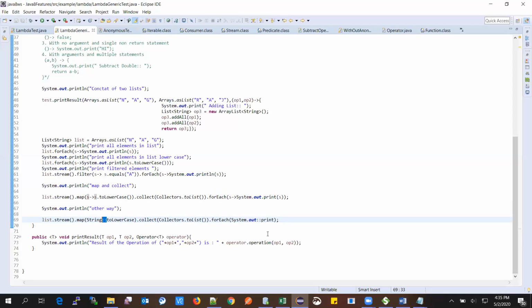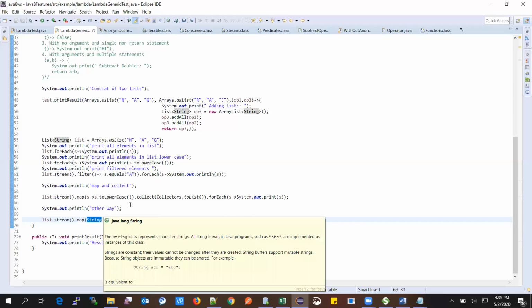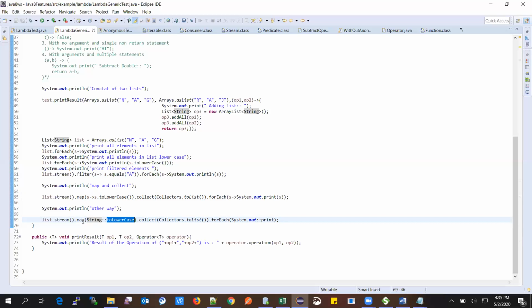We can see this in another video, but just as I'm here, I am saying that we can even use these utility methods in the streams with the method reference operator also. This is a method in the String class.